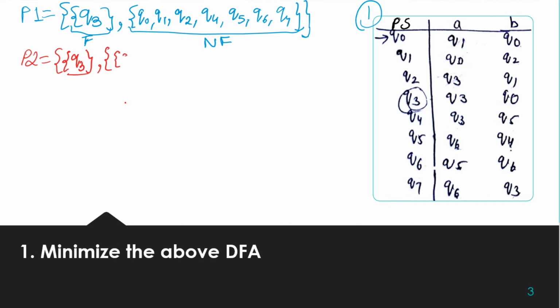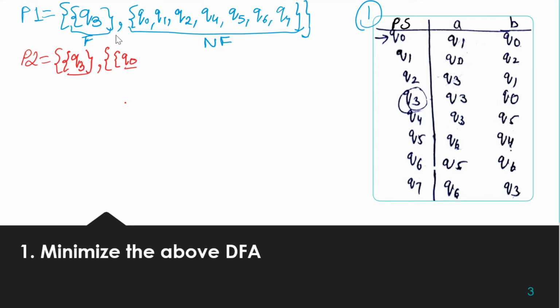Repeating the same process, we keep the first state as it is for the second group. The first state is just part of the first group of non-final states. Now we have to check the compatibility of other states, whether Q1 can reside with Q0 or not, whether Q2 can reside with Q0 or not. We have to check the compatibility of all other states from this group. If we find such states, we group them into one state, and if any state is not compatible with Q0, we keep those states in a separate group. This is the process that we are going to repeat.